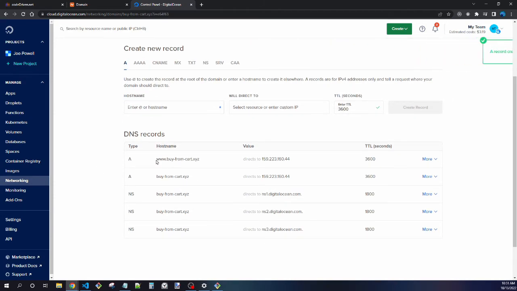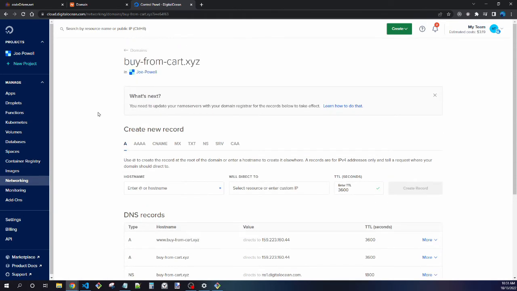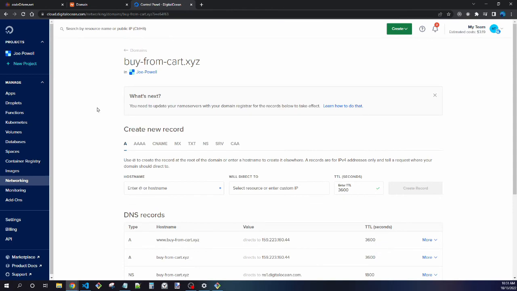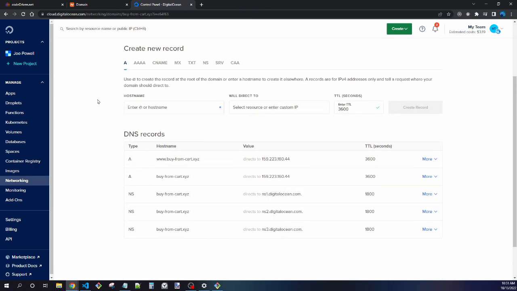That's so that it works under the www subdomain and then the domain name itself. Okay, that's all it is for the domain name. I mean, later we're going to add an SSL certificate so that you can use the secured HTTPS